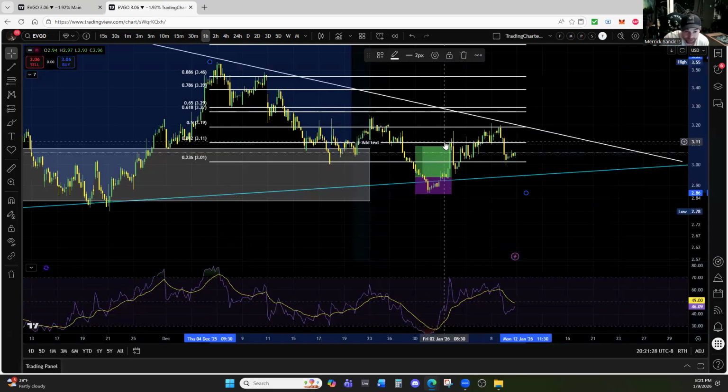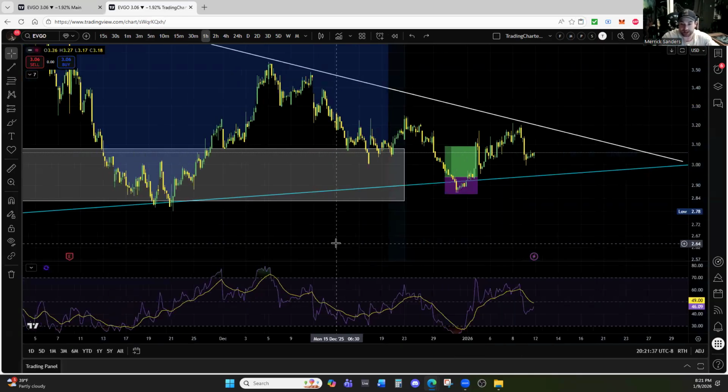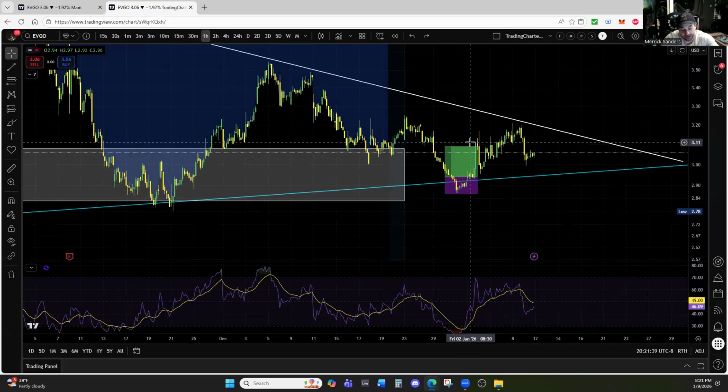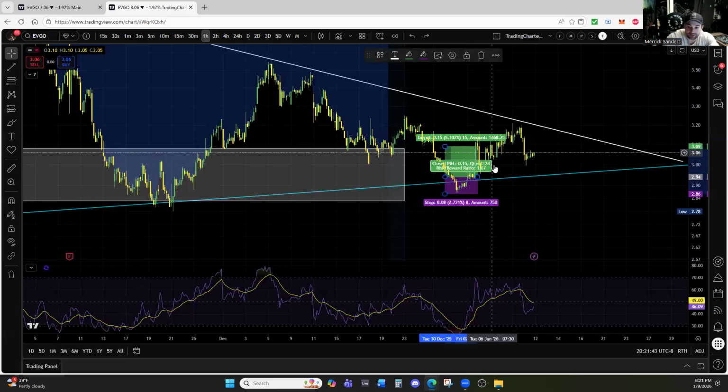So I should have exited, 311 would have been the rational level to take that profit at, for the way I chose to manage that trade. But I cut a penny or two off of that, as you can tell, at 309 to assure my order